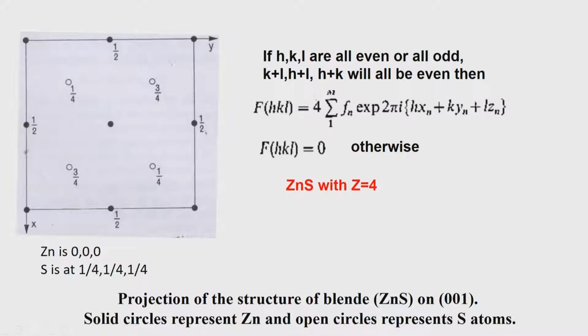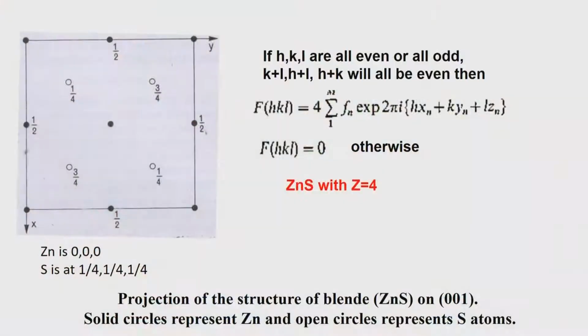What you should remember here is that in a face centered lattice, you add H and K, add K and L, and also add H and L. When you do that, they should always be even, whatever the individual values of H, K and L. When you add 2 values, it should always be even, and when those values are even, you will get a reflection, you will get the measurement of F of HKL. That means you will get an intensity I of HKL. All other intensities are 0. So by just looking at the diffraction pattern and indexing, it is so easy now to find out the centering of the lattice.